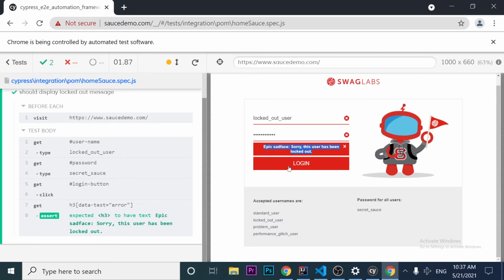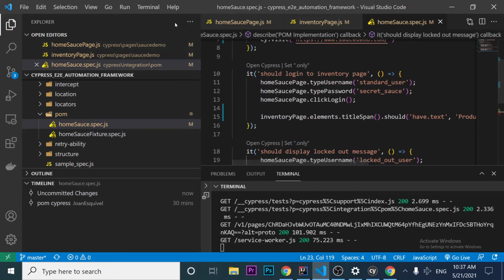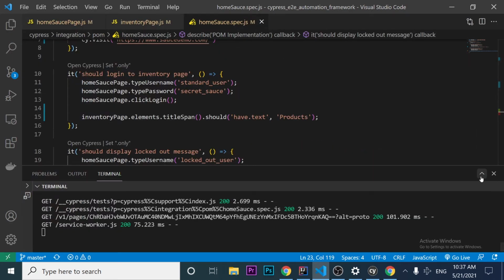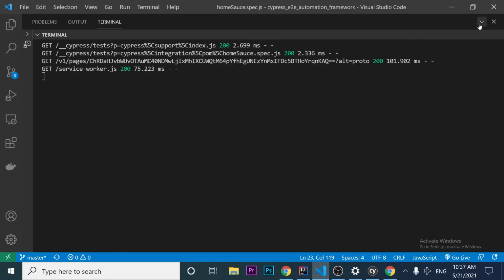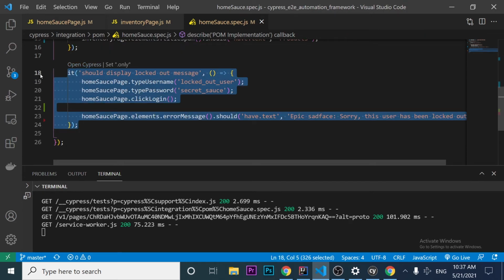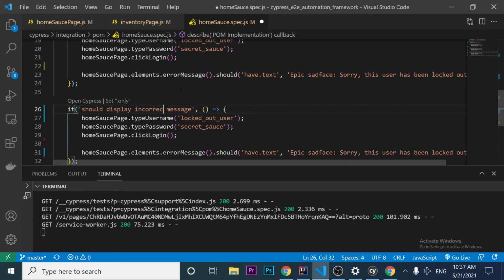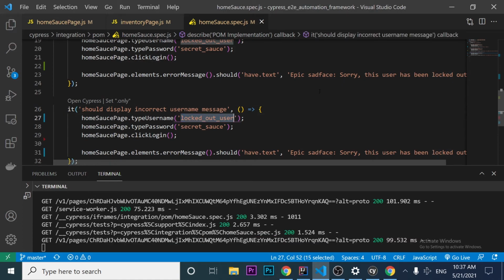Now let's take a look at another scenario, just to give you another example of how we can do these validations with Cypress and the page object model. Let's imagine that I'm going to copy this because I'm going to do pretty much the same thing in the next example, but in this case I'm going to make sure that it should display, for example, bad or incorrect username message. I'm going to change logged out user to dummy password,